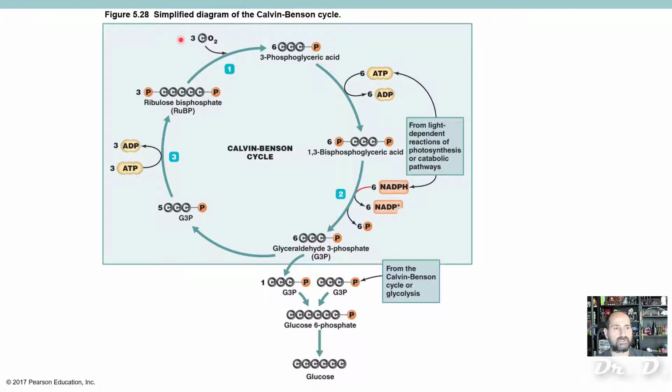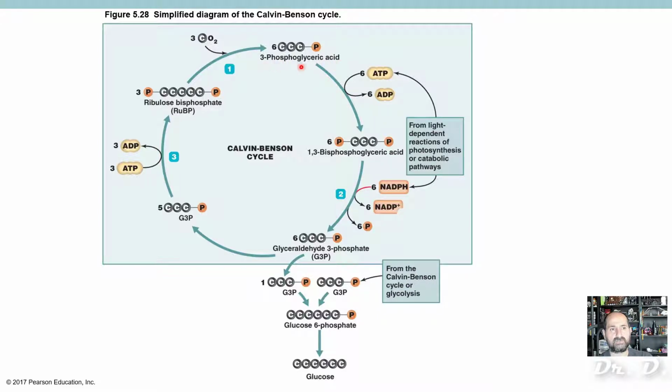How do you make sugar? You need the recipe. What's the recipe for sugar? Sugar consists of carbons, hydrogens, and oxygens, right? So let's make sugar. We're going to get our carbons and oxygens from CO2, from the environment, from the atmosphere. CO2 enters the Calvin-Benson cycle. CO2 is joined to this molecule. This is called the CO2 acceptor, ribulose bisphosphate, or RuBP. Then it is cleaved in half to form